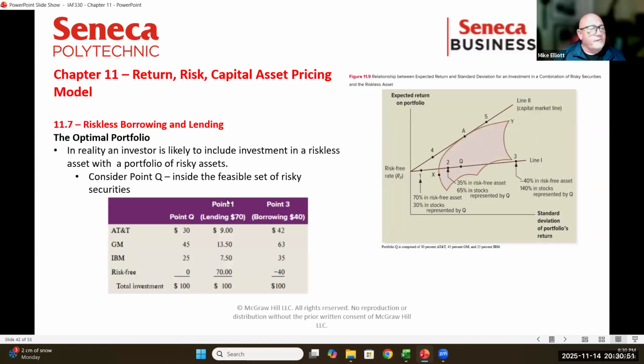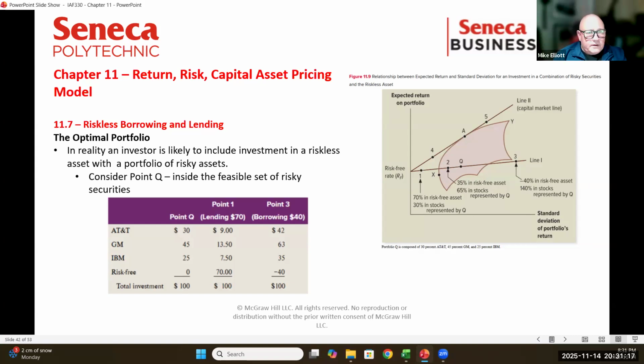So let's look at optimal portfolios then. We're going to combine a bunch of things here. We've got our Batwing. We've got the line that we just made with risk-free and non-risk-free assets. And we're going to have a new line up here, but we're going to get to that in a minute. We have 3 stocks, AT&T, General Motors, and IBM. And we have a risk-free asset called risk-free.